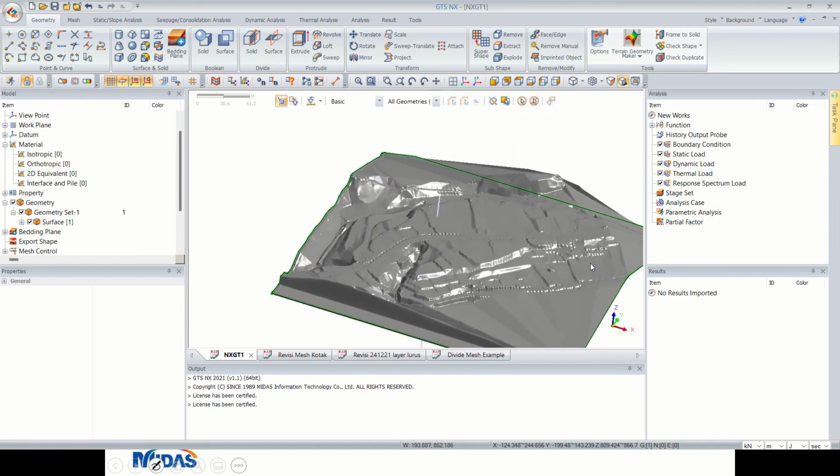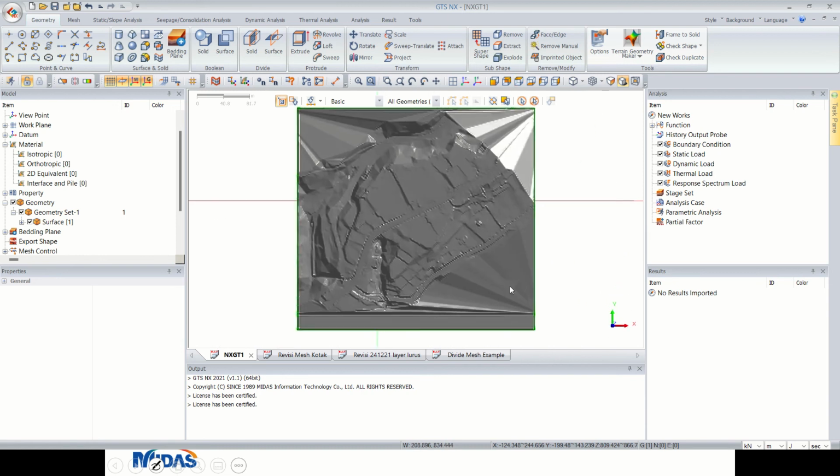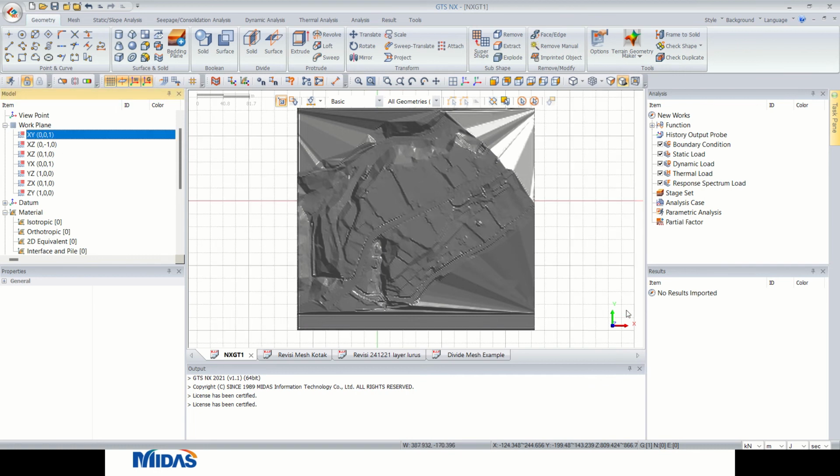Then what are we gonna do? If we have soil surface, then of course, if you want to model this as a solid, you need a box. Let's move on to the XY plane. This is X, this is Y, and then you can take a look at your model boundary, X from minus 100 to 244, Y-axis minus 999 to 143.